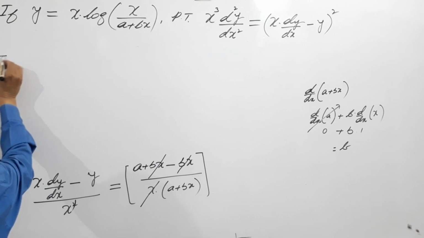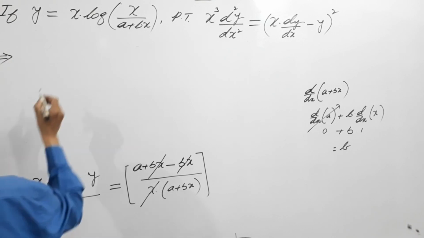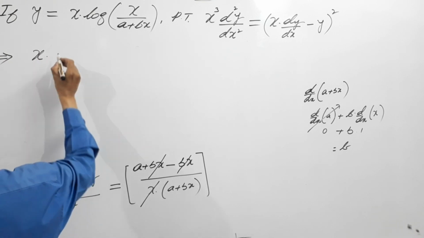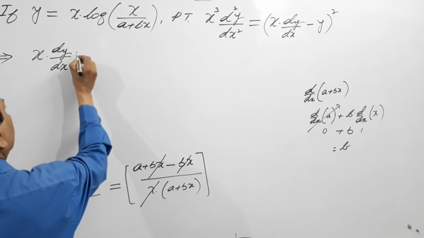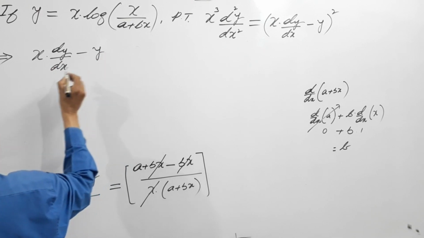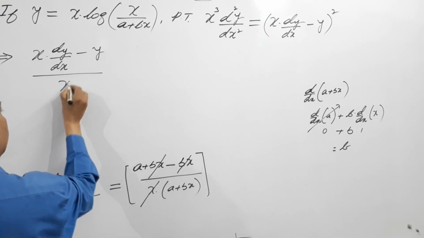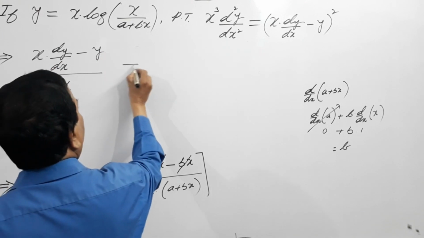We are left with x dy by dx minus y, left with x, equals